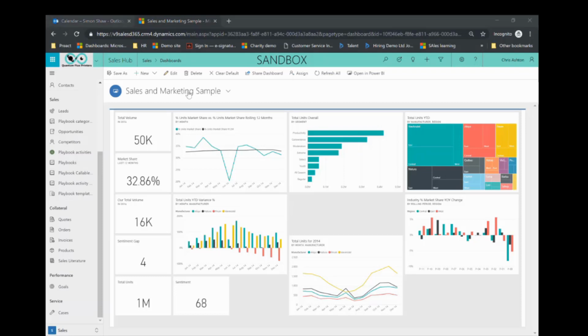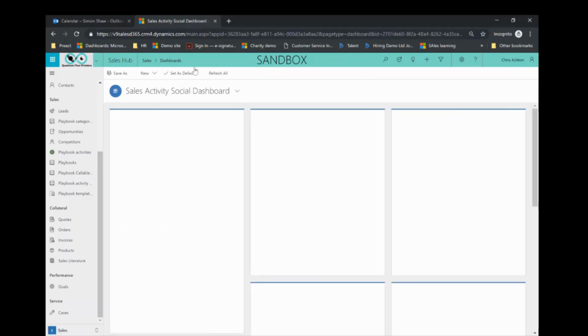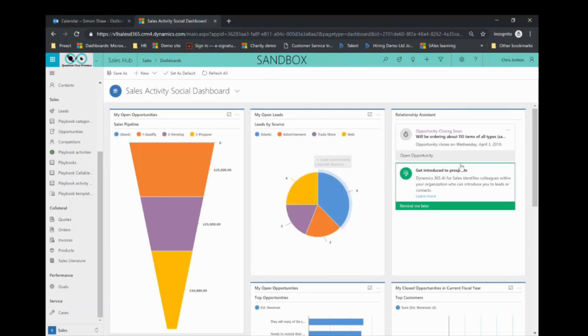Another really useful feature of the dashboards in Microsoft Dynamics is the fact that we can define multiple dashboards for each user. So we can have dashboards related to one specific user, or we can have company-wide dashboards. So notice I can see my multiple dashboards. These are custom ones that I've defined, but we also have some system ones out of the box, and we can define more system dashboards. So I can very quickly flick between different dashboards if I have multiple different reports that I need to see. Rather than having one massive report, I can have various different ones,